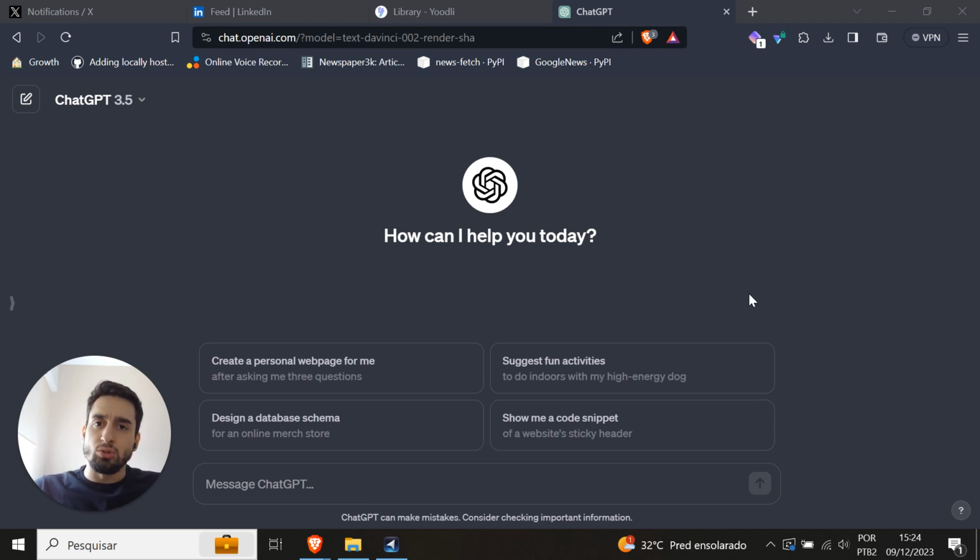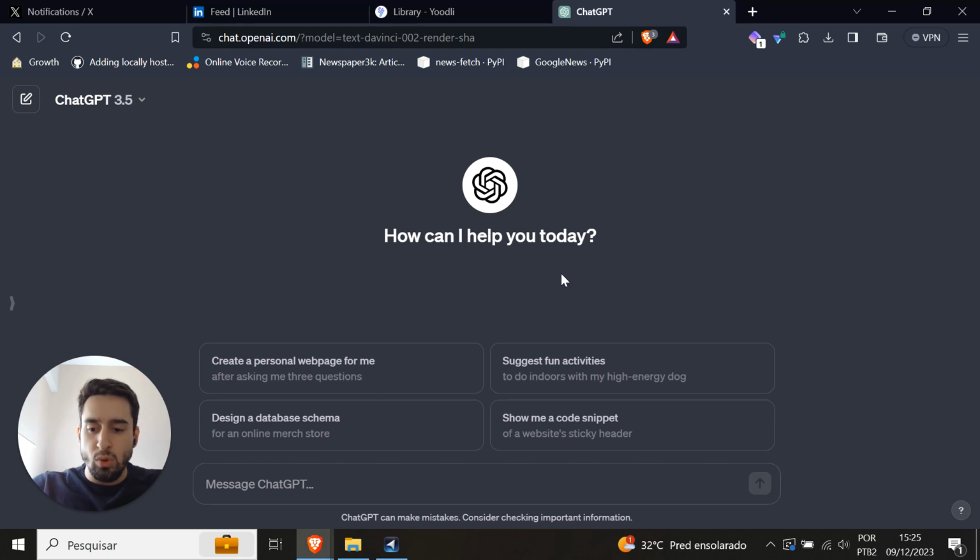This technique I'm about to show you relies on taking a bigger task and dividing it into smaller and more easily manageable subtasks. So for the sake of this example, let's pretend I want to write a blog post about prompting. So let's begin. The usual way you would go is: write me a blog post about coming up with